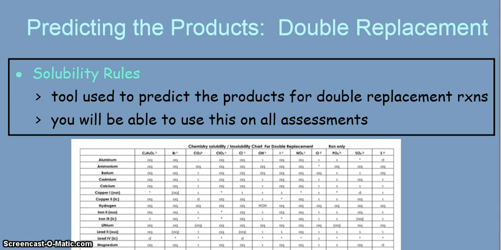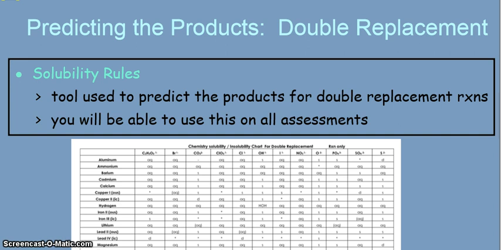So after having done our solubility lab, you should be familiar with the idea that just because we mix two ionic compounds together doesn't guarantee there's necessarily going to be a reaction. And what we've identified is that the property in question is solubility. So we spent time in our lab identifying the solubility patterns of certain ions, which is something that scientists have also done as well. So we are going to be able to use the solubility rules,